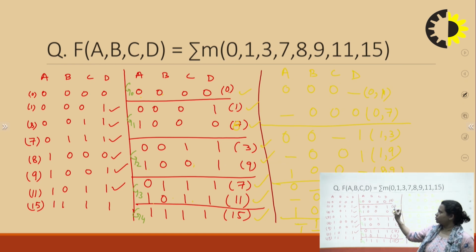So here suppose group 0 is no 1, group 1 is number of ones 1, group 2 is number of ones 2, and group 3 is you are having 3 ones in a particular minterm, and group 4 is that you are having number of ones 4 in a particular minterm. So that is how I have segregated and I have made the groups.